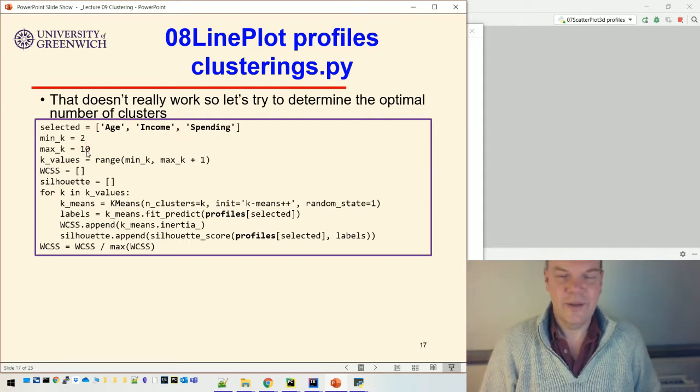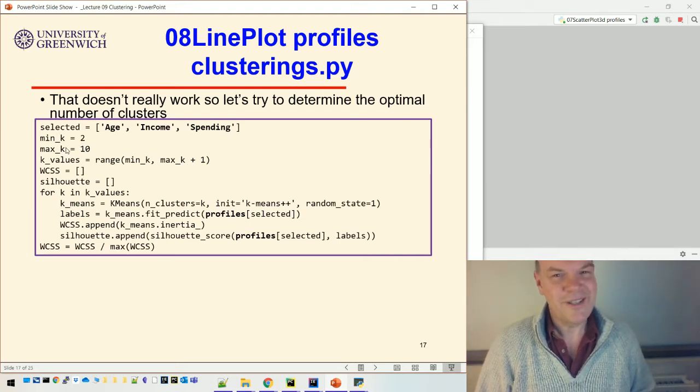So you could go higher. You know, there's 300 there. We could have potentially up to 299 clusters. Again, there's no point doing 300 clusters because that would probably mean one data point per cluster. But